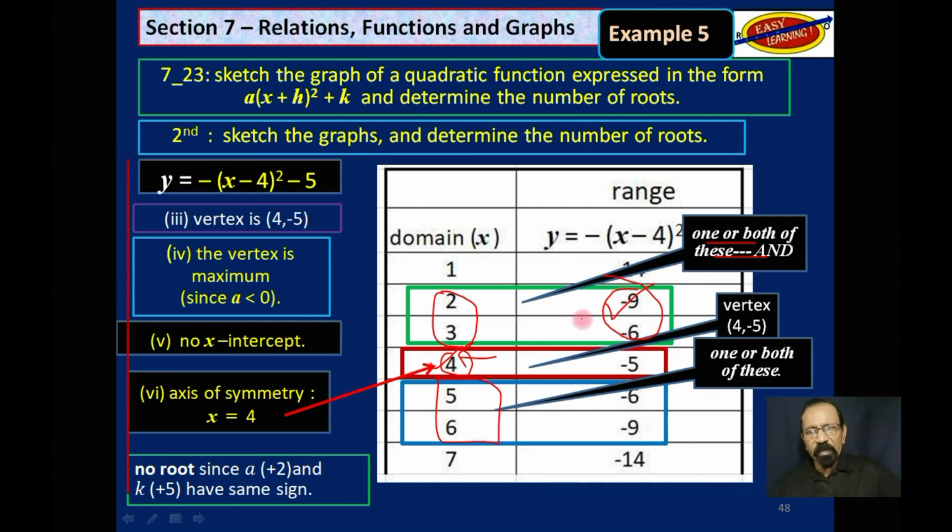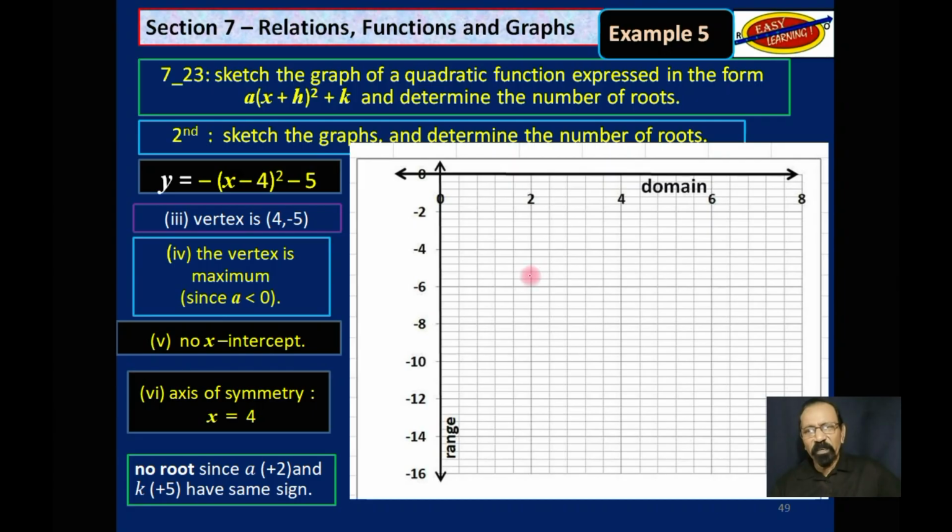Remember, 4 is on the x-axis. And we will need one or both points here on the right of that 4. Now, in this case, we are just using the 4th quadrant. We don't have need for the rest of the quadrants, the rest of what you would normally see when you draw the 2 axes, based on the data we have.